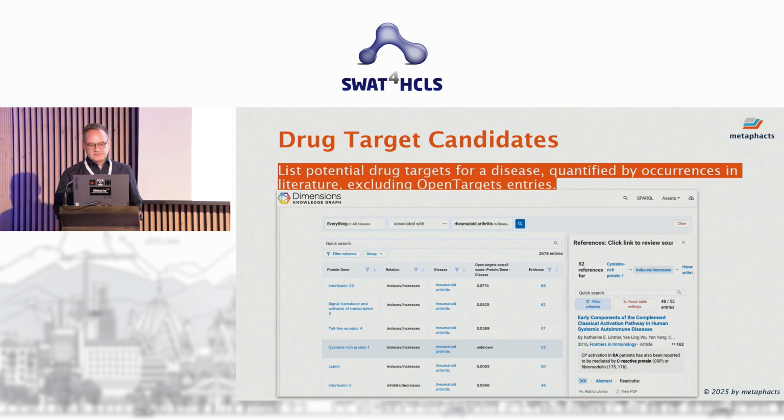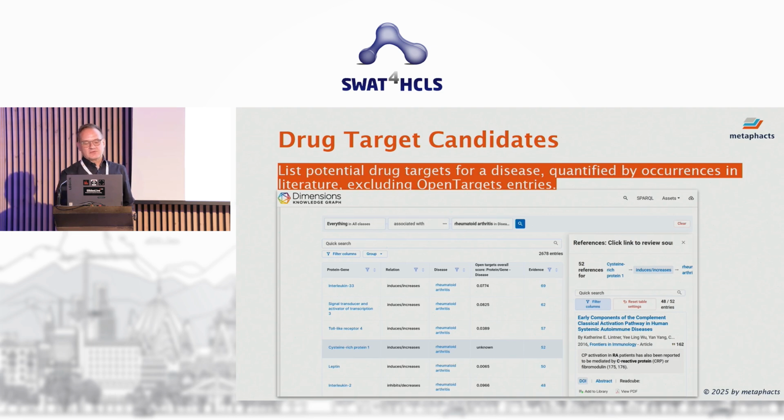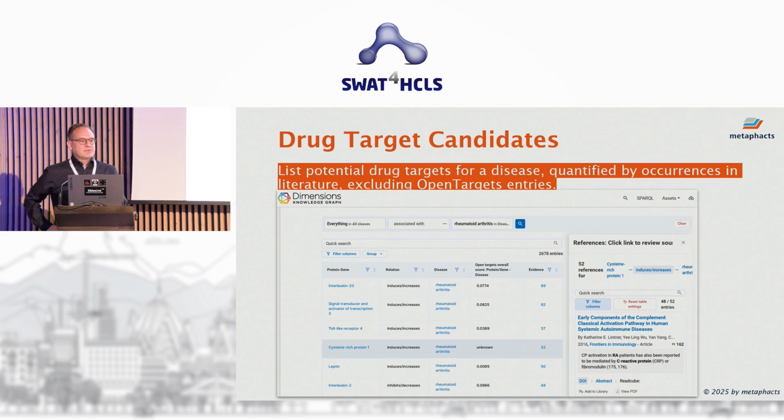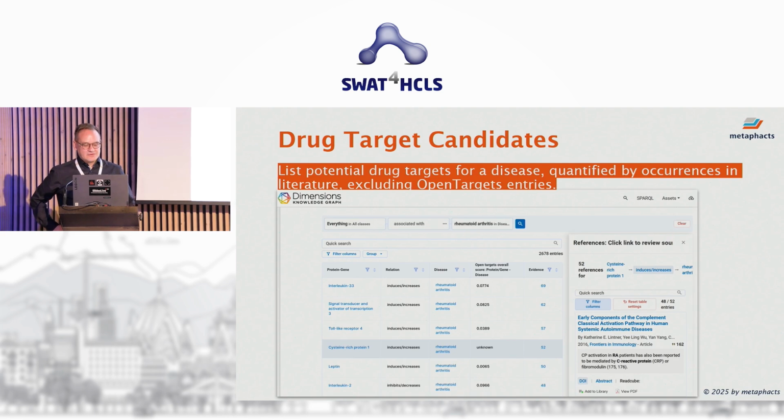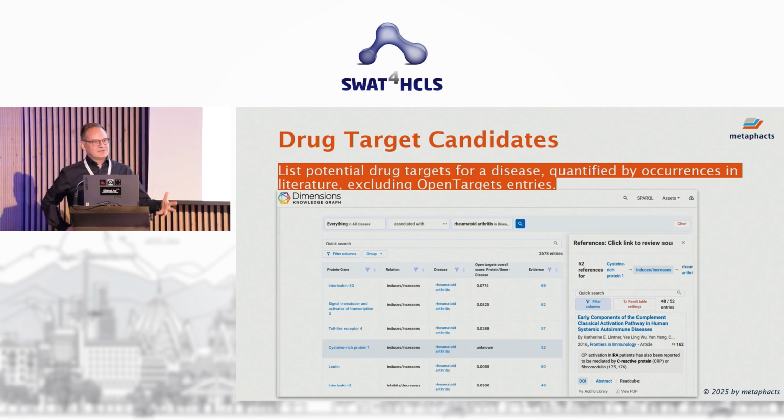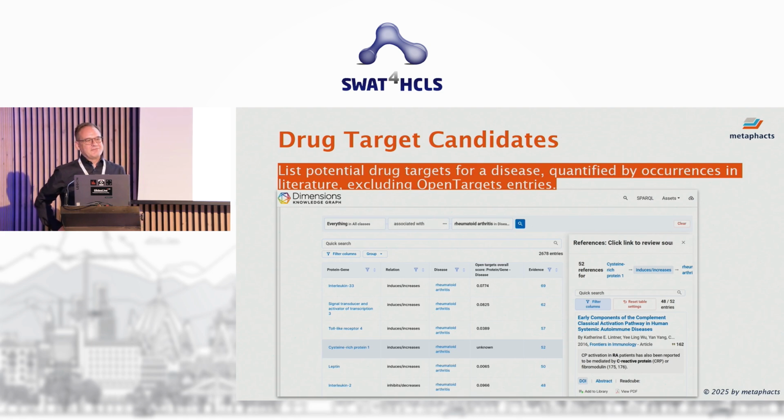And maybe I missed this one, but if you look at this drug target candidate, for example, we have added here also a column where you see open targets scores, and even here you can find we have an unknown relationship where it's not listed, this relationship in open targets, but we find 52 documents that give us an indication there we might have a drug target that has not been found in structured databases. But yes, sure, we intend to merge as much as possible into the graph so that also this structured data can be used by just combining them.